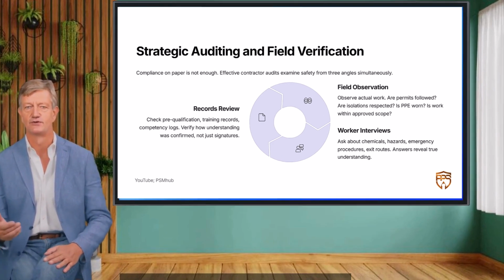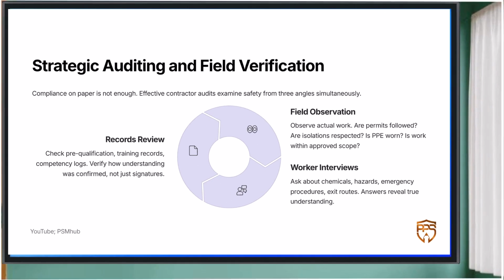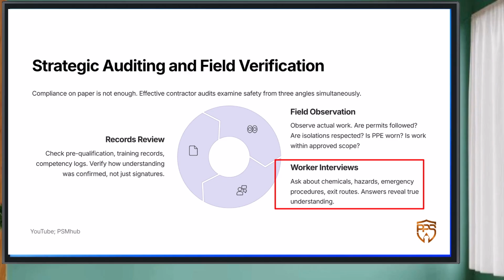The third and most powerful step is talking directly to the workers. This is where auditors get closest to the real risk. Simple questions can quickly reveal whether training has truly been effective. Asking a worker what chemical is inside a pipe, what the main hazards of the unit are, what they would do if the site-wide alarm sounded, or where their nearest exit or muster point is, can immediately show the level